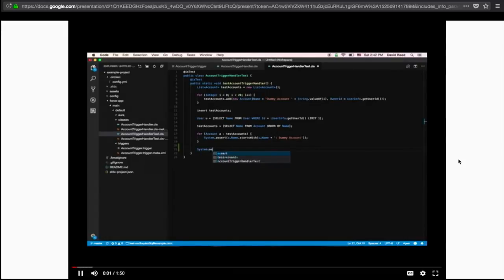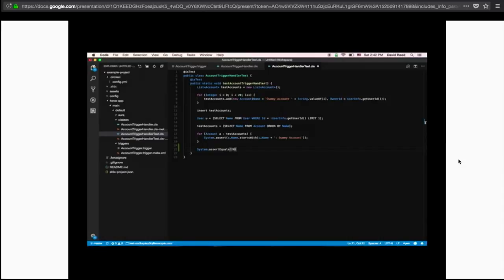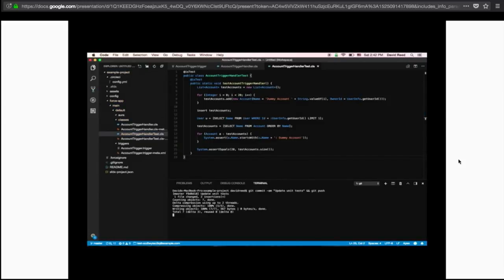So here we are. We're wearing our developer hat here. We're in Visual Studio Code writing some unit tests, putting the finishing touches on a unit test here for some code that we've just been writing. We're going to commit that code to Git and push it up to the server. And in a moment, we're going to get some validation on how those unit tests went. Our tests have passed, says CircleCI.